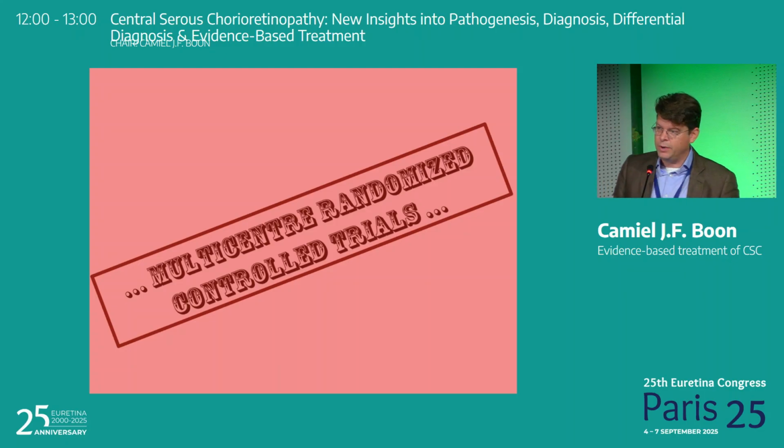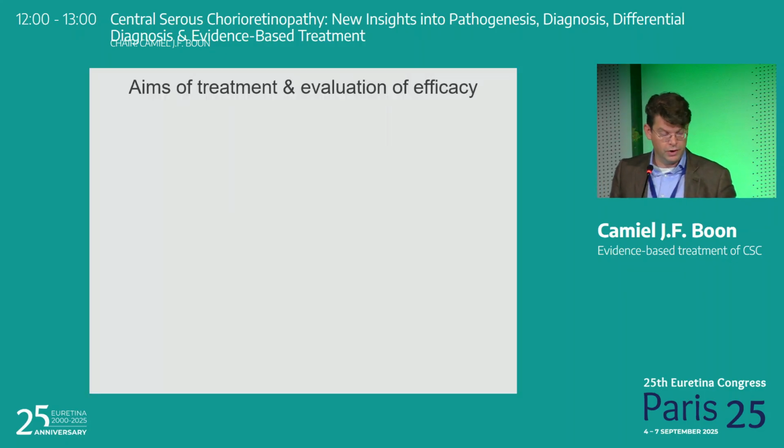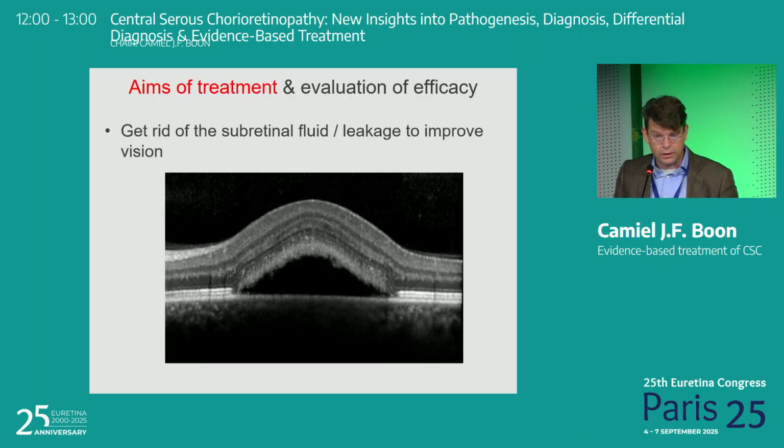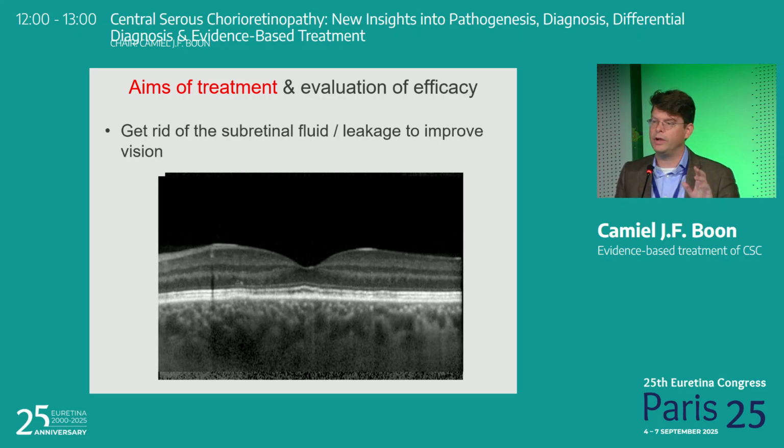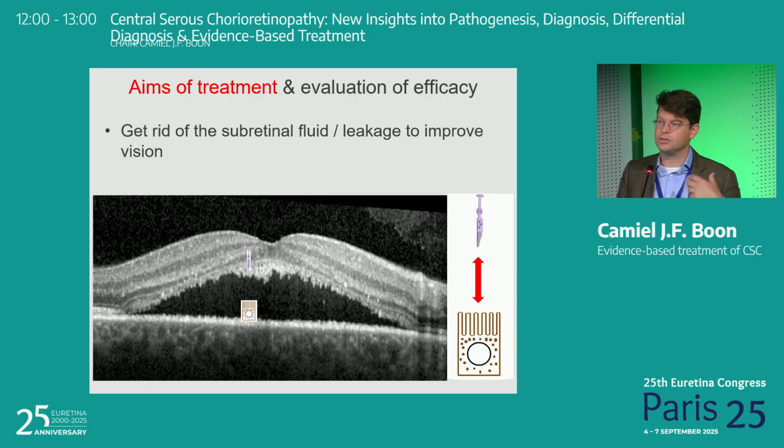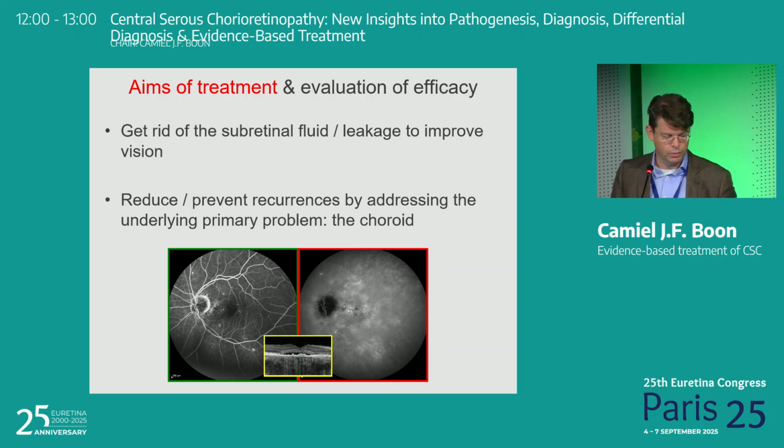Now, that's why we need prospective randomized controlled trials. And personally, I think that the aim of treatment should be quite radical in the way that we want to get this neuroretina back on their natural housekeeper, the retinal pigment epithelium. And with time, if treatment works, you can see that the ellipsoid zone can reconstitute if you don't wait too long, if there's not atrophy already. You want to get those photoreceptors back on top of the RPE. And there's a miraculous capacity of regeneration if you're not too late with treatment. So get those photoreceptors back where they belong.